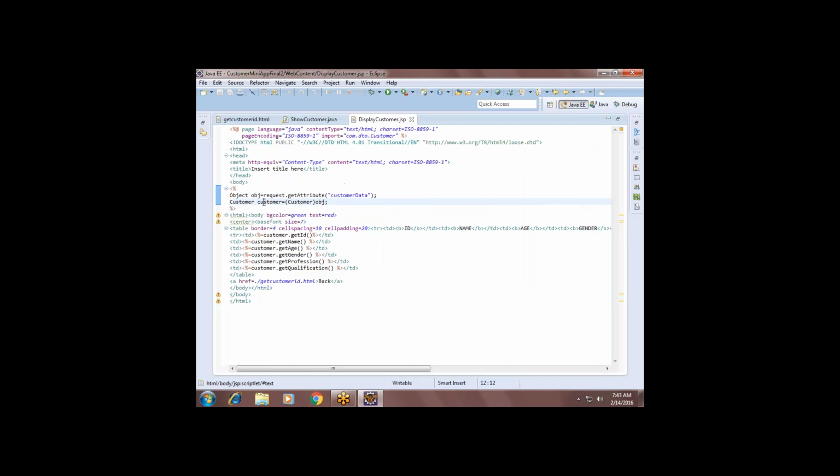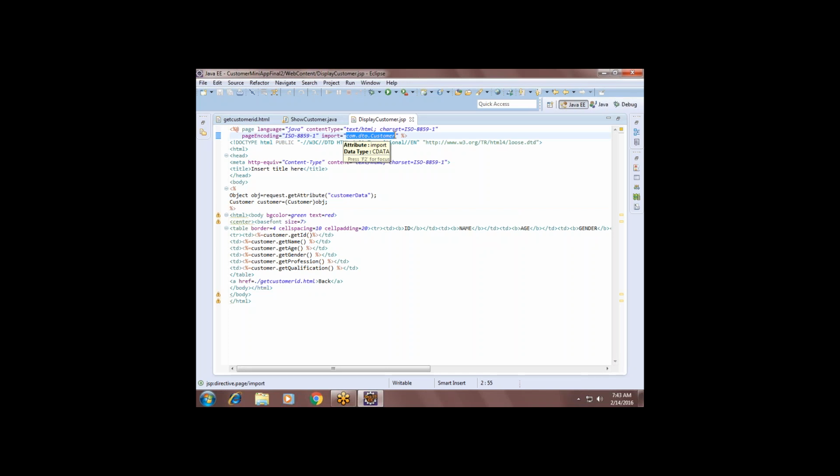In JSP, if you are using customer, you have to import the package com.dtu, right? Now you see the upper line. This is called directive tags. Percentage at the rate. Only percentage is a scriptlet where you can write the Java code, and percentage directive is another JSP tag which allows us to import the packages. The page directive, what is it called? Page directive tag, where I can import the package. See, at the rate page import equals to write the class name to be imported.